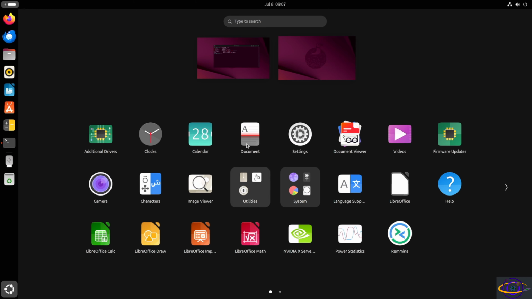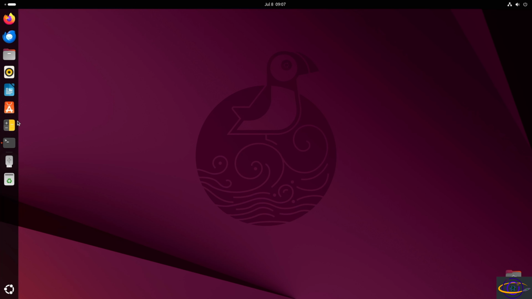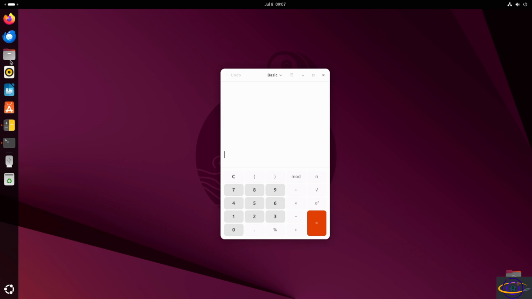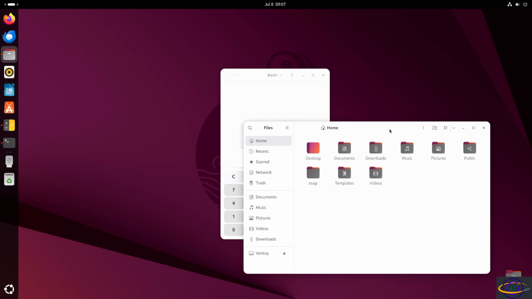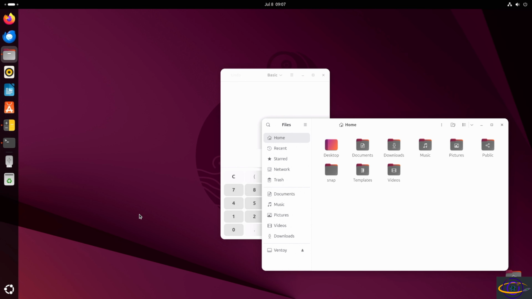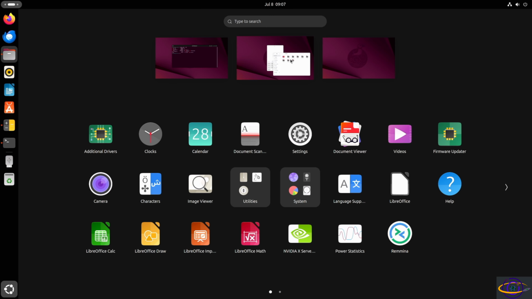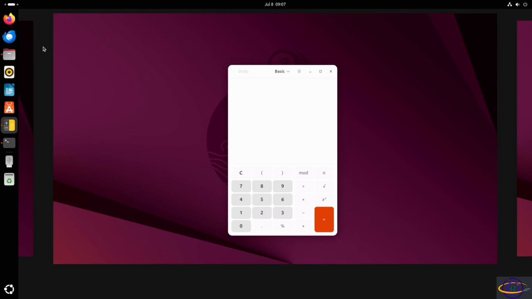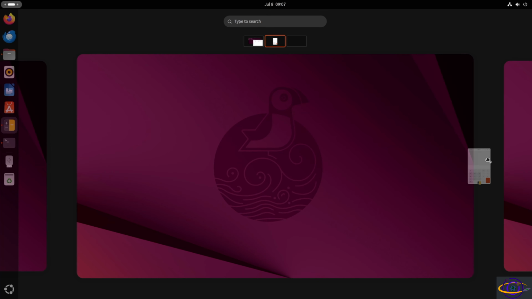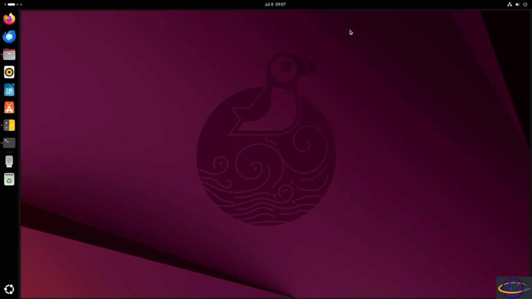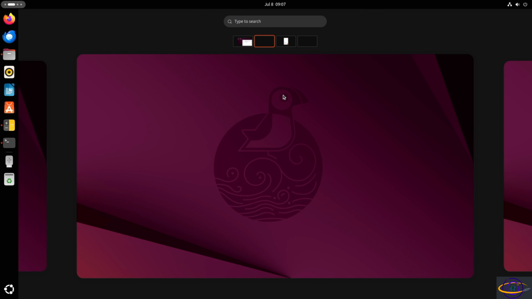And when you do this, let's say if we open the calculator and a file manager over here, right? And let's say if you want to switch workspaces, you can drag one application over like that. And if you were over here, you could drag an application like that, open up a third desktop. Now, one thing to note is that